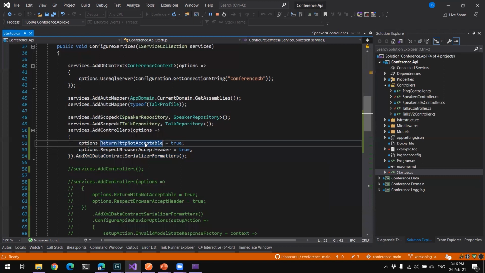If you do not enable that, when you request something from the server that the server doesn't know how to process, it won't respond with 406 as a status code. So in AddControllers, there in options, you have a lot of buttons that you can press in order to make your life easier. Or more difficult. Or more difficult, why not?